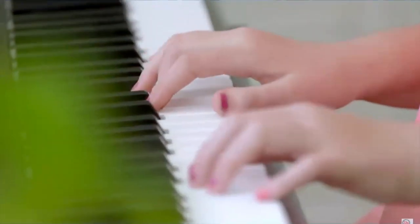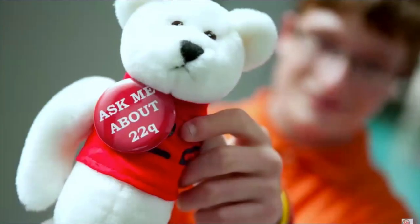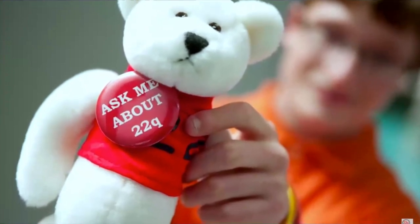You're going to have a happy little girl. She enjoys life. As time goes on, it's gotten easier. And as time goes on, it gets more complicated too. There are different challenges when they're younger, and there are different challenges when they're older. Once you get through the medical issues, then you can start to deal with some of the educational issues and